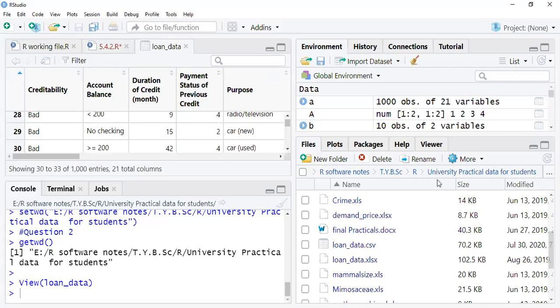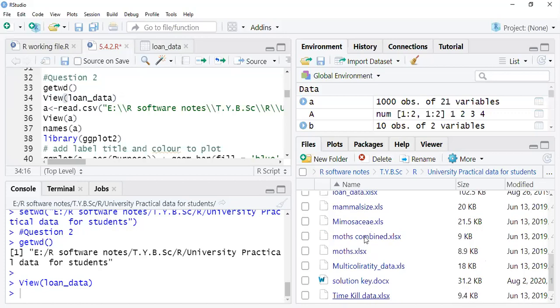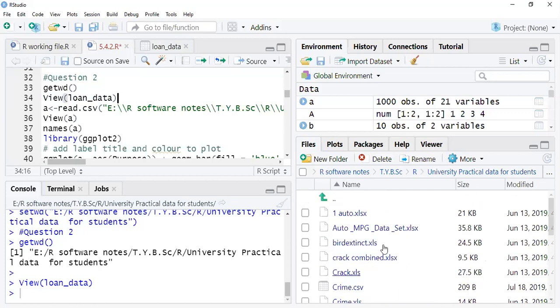This is where we have to set the directory. We first set the directory, and then you can access files directly by clicking on any file here. Just left click, and there's the option called View Dataset. Once you click and import it, there's no need to write this path. You can directly write view and your data file name, no problem at all. You can access any file out of this. This is another way.